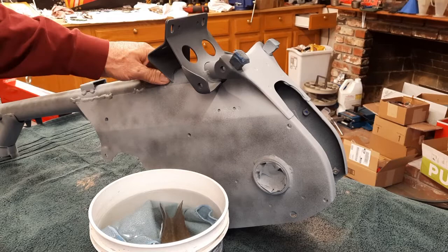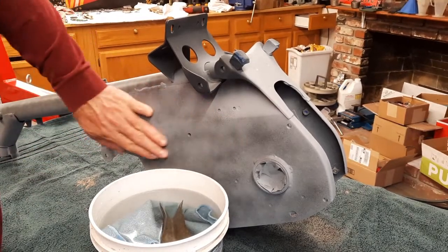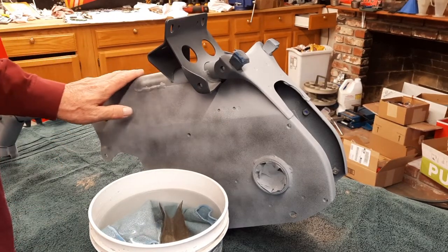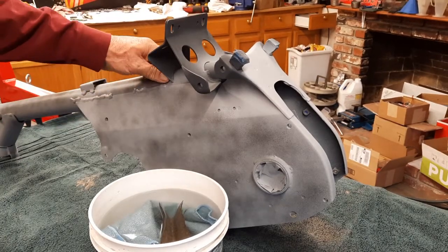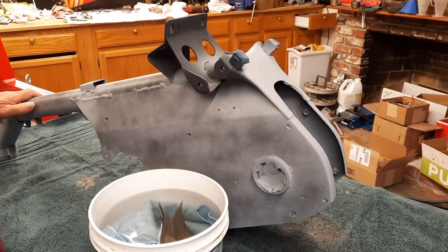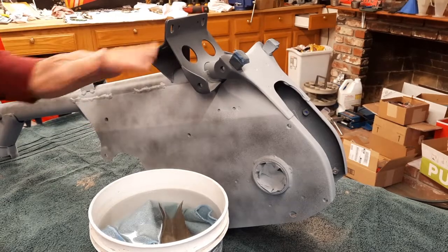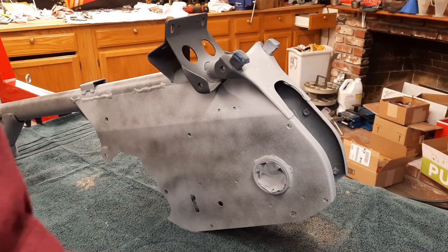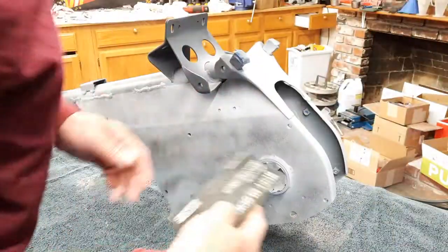ATC70s are very desirable. And so going the extra mile, we're going to try to get as close to a 100-point restoration as possible. We've got the cases sent off. They are going to get redone to a concours look. So to do that and then not do the frame a little bit more than normal would be kind of stupid. So it's time, and we're going to use a soft block,